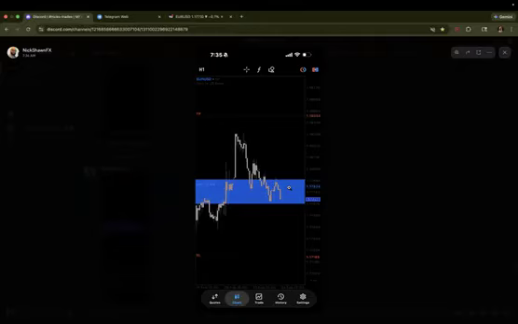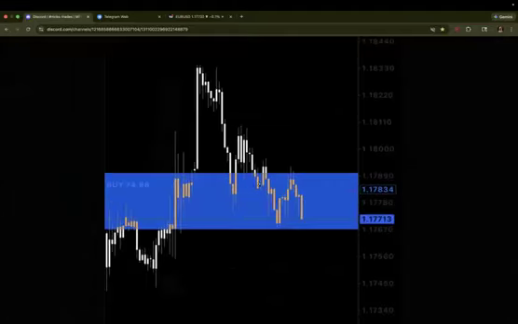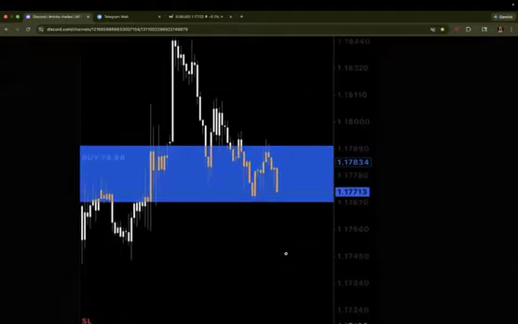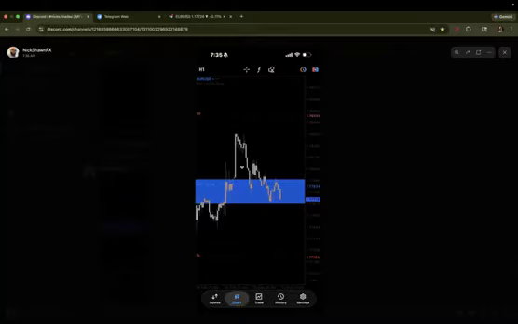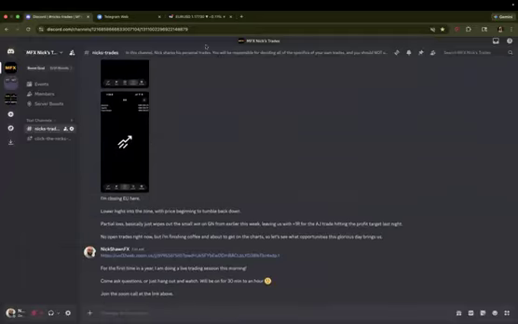The second thing is that even if this does work out, it's probably going to be a pain in the ass. It's probably going to go sideways for longer. It's probably going to fight against all the sellers to move up. It might even liquidate below the zone and make another fake out down there. And now we're having to sit through that or decide if we should close the trade or not. In my opinion, it's better to remove the capital allocation, meaning just close trades that don't seem to be working out easily,